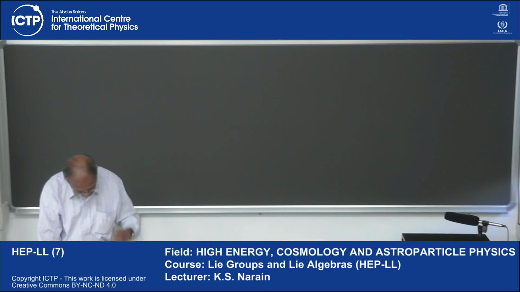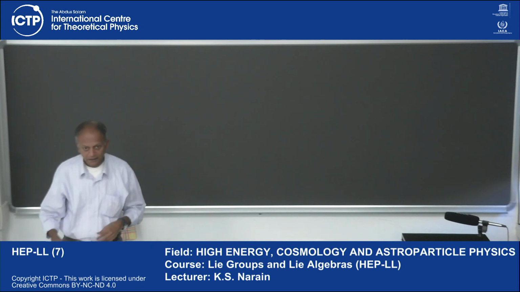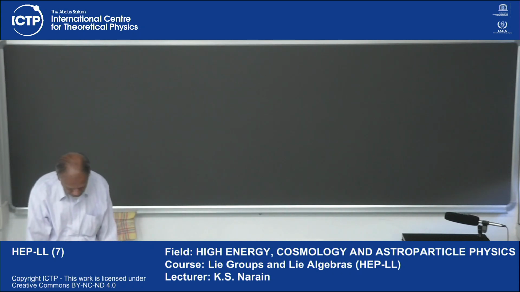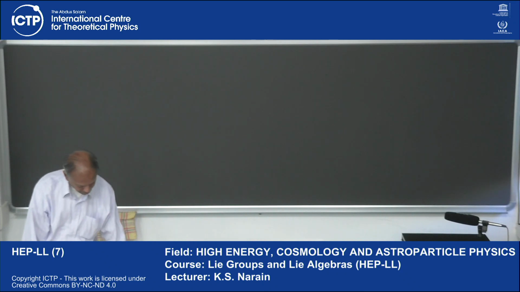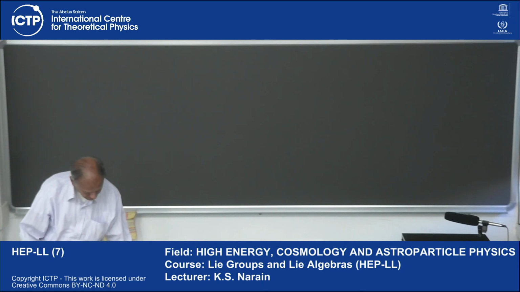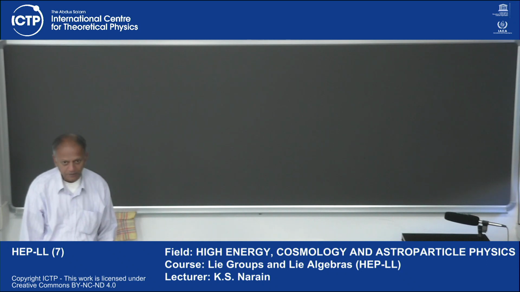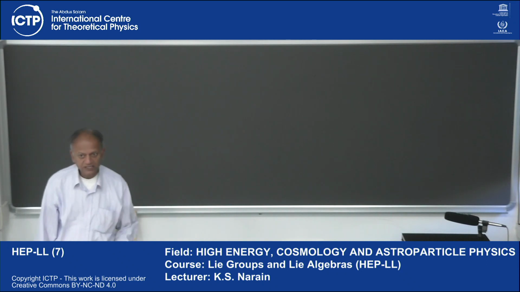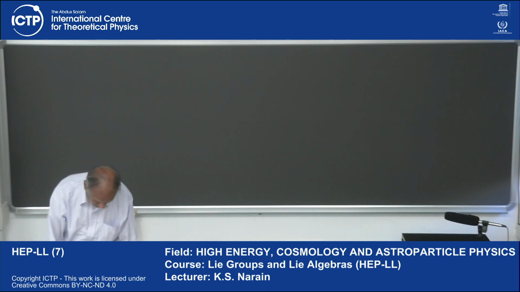So, lastly we defined the concept of representation, right? And also we talked about reducible and irreducible representations. Now, in the previous chapter, we discussed a particular representation, which we call the adjoint representation, right? So let's first check whether the adjoint representation satisfies all the properties that we have defined for a representation, right? So the way we define